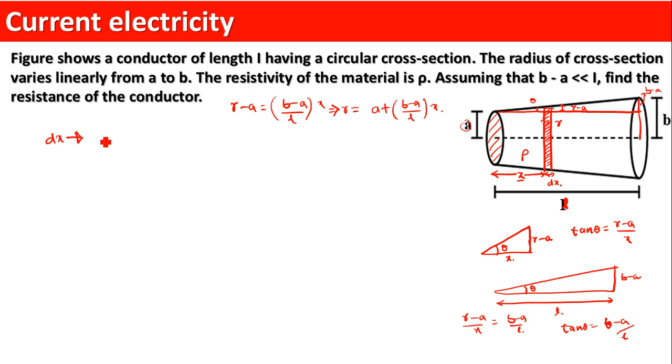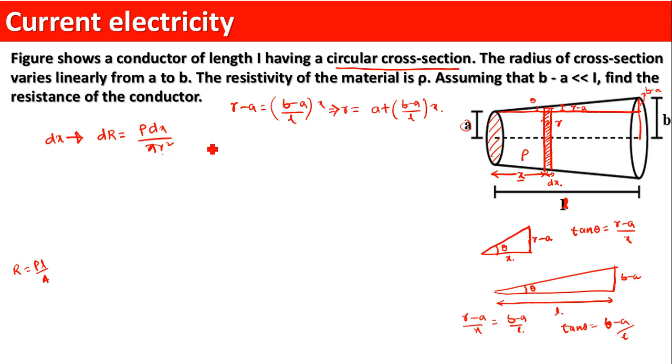Now for this elemental strip, the corresponding resistance will be dR, let us say. So just now we have discussed R is equal to rho L divided by A. Now dR is equal to rho dx divided by pi r square. Very good. So why is it pi r square? See, the length of the strip is actually dx, and the area of this is nothing but pi times r square, isn't it? It's a kind of circular cross section. That's what has been given in the question itself. So circular cross section. That's why I have considered rho dx by pi r square.